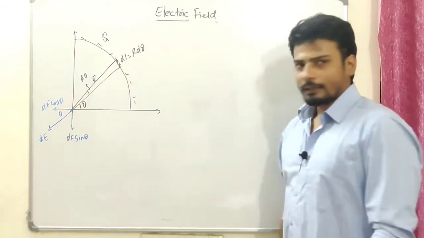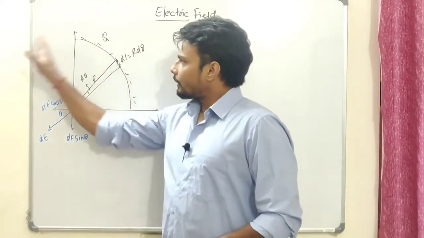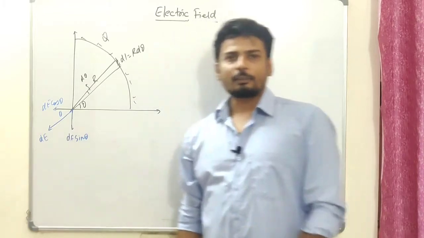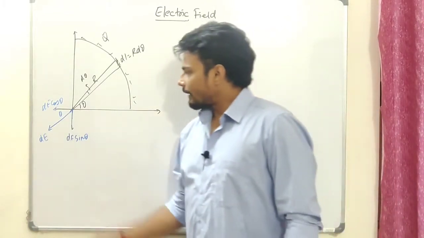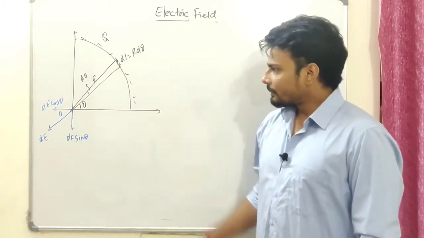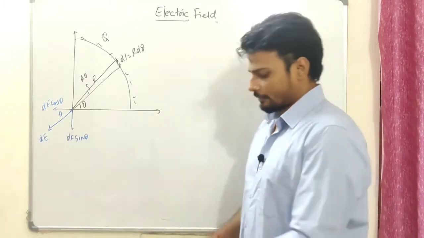Here we do not have the kind of symmetry we saw in the previous case. I do not have an equal part on this side, so there is very little chance that things will get eliminated. In these cases, we have to look at both components, the cos as well as the sine component. Let me denote this as the x component and this as the y component. Let us figure it out one by one.